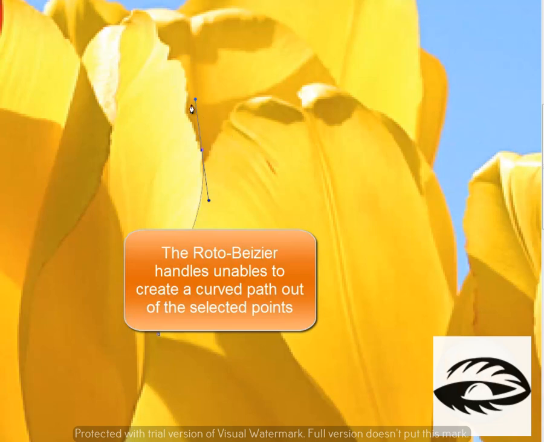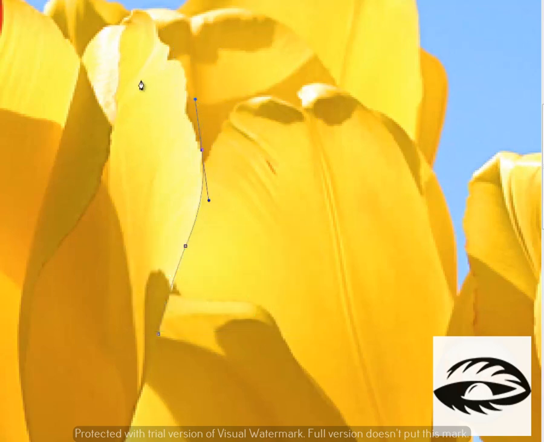Now these handles over here that you see are the Bezier handles. The Bezier handles basically control what curvature the path will take. Here we have a Bezier handle from this point to this point. What if you don't want the handle here? Because of the handle over here, for example, if we want to select here, the curve will first go upwards because of this handle and then it will come downwards.